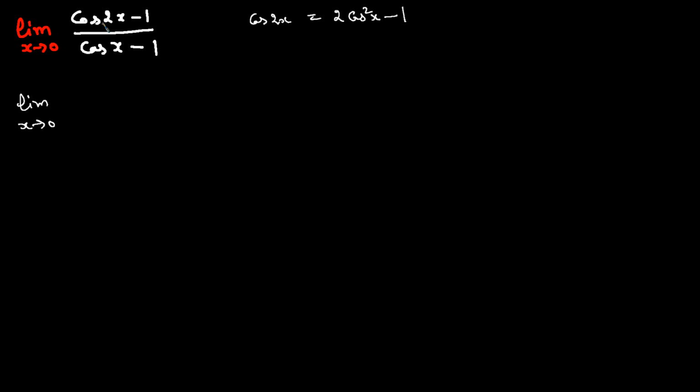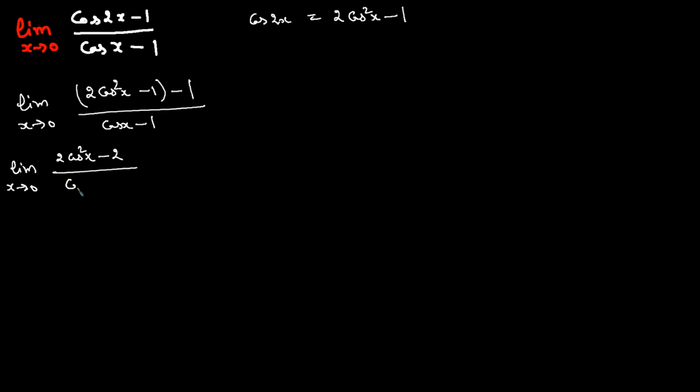Instead of cos 2x, I'm going to plug in 2 cos square x minus 1. Then we got this minus 1 over here. In the denominator we got cos x minus 1. All right, so limit x approaches 0, 2 cos square x minus 1 minus 1 gives me minus 2 over cosine x minus 1,